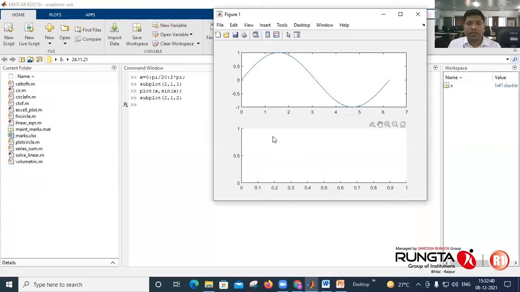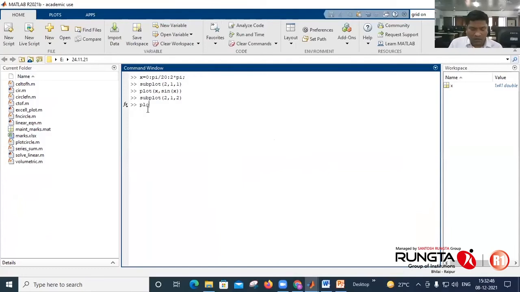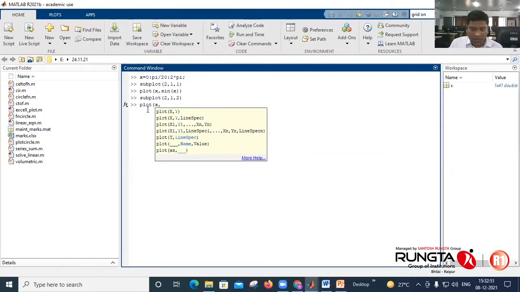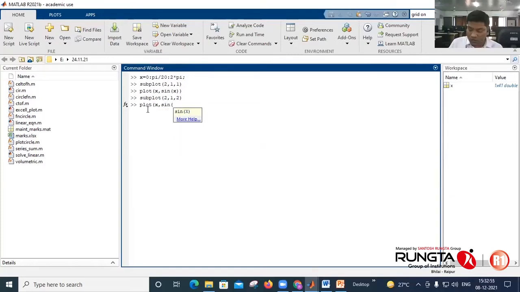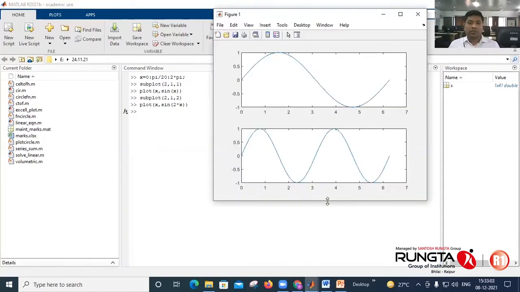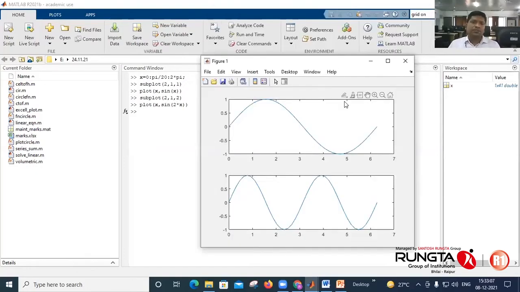Now here you can plot another one: plot x and sin 2x. Like this.